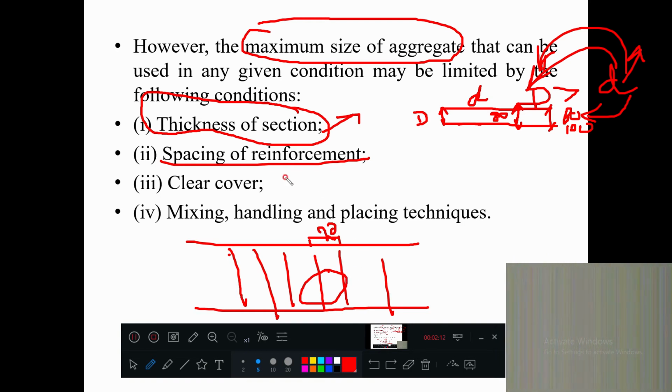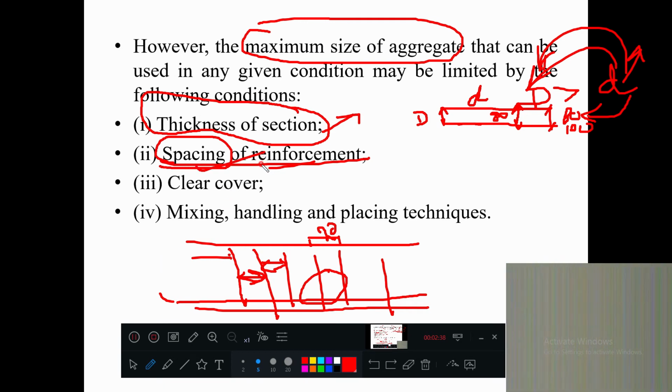So that is the restriction: spacing of steel, spacing of reinforcement. Spacing means the distance between each bar. Verticals are called stirrups, and horizontal bars are called longitudinal bars, the main steel.